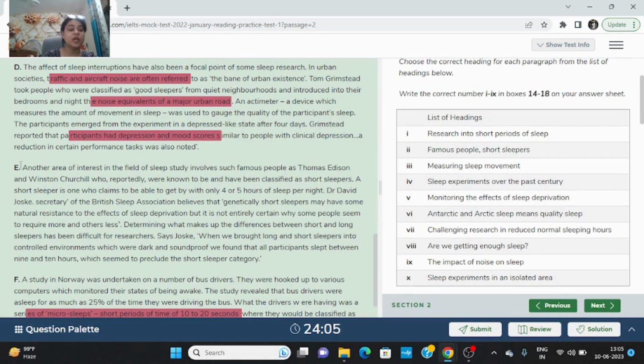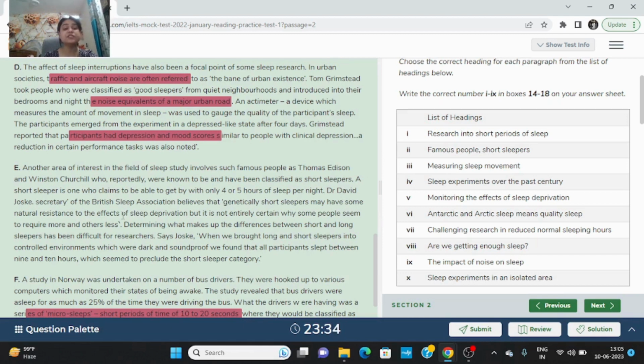Okay, let's begin. Another area of interest in the field of sleep study involves such famous people as Thomas Edison and Winston Churchill, who reportedly were known to be and have been classified as short sleepers. A short sleeper is one who claims to be able to get by with only 4 or 5 hours of sleep per night. Dr. David Joske, secretary of the British Sleep Association, believes that genetically short sleepers may have some